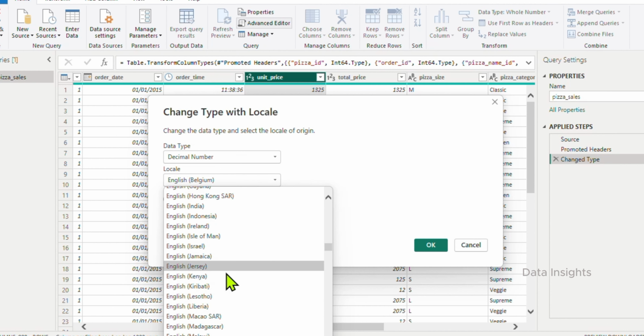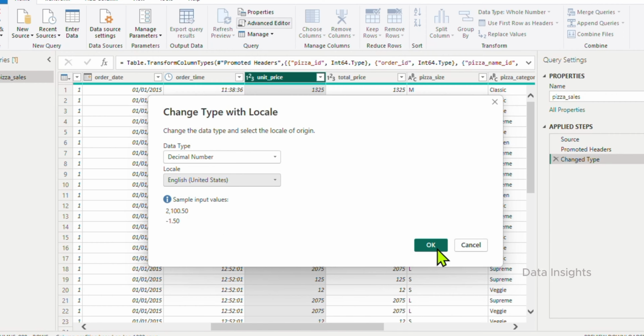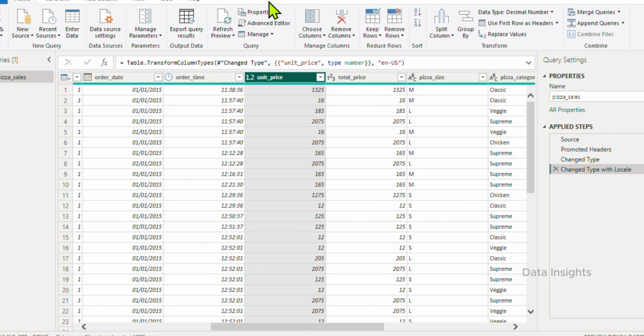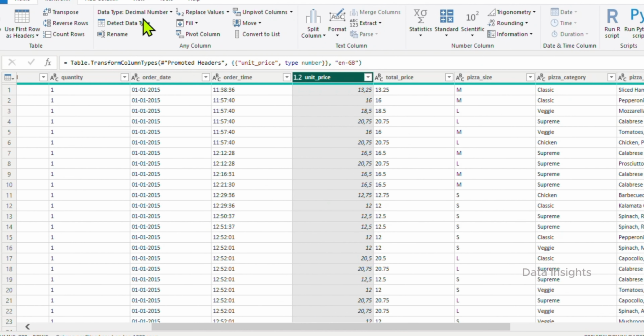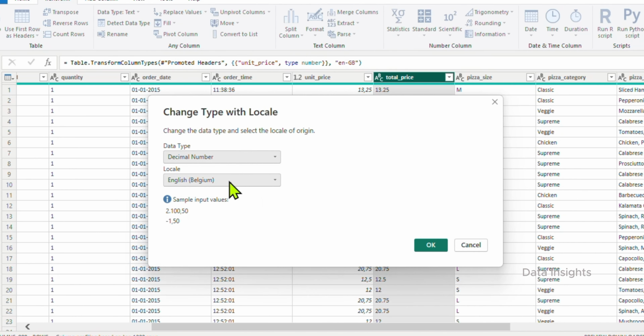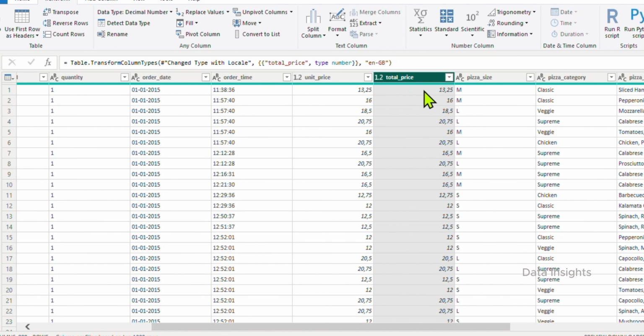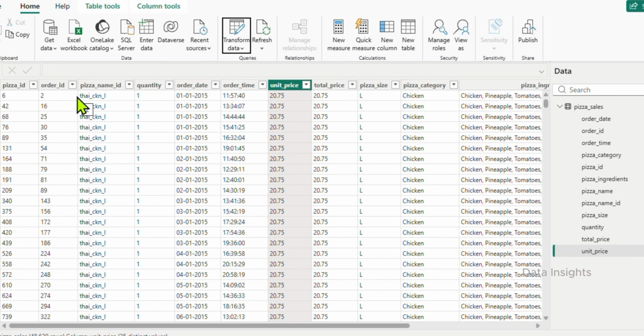I select decimal number as the data type and choose English (United States) as the locale. This ensures that Power BI correctly interprets decimal separators and currency formatting. Once this step is complete, our dataset is properly typed and ready for analysis.